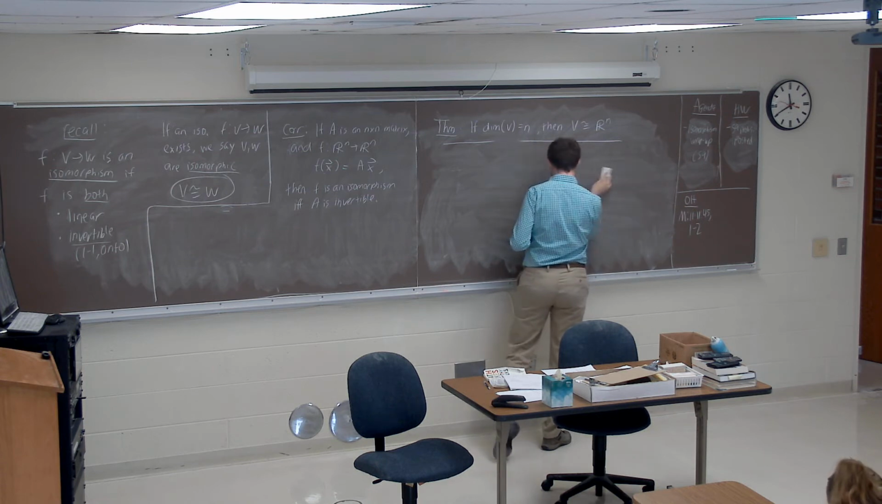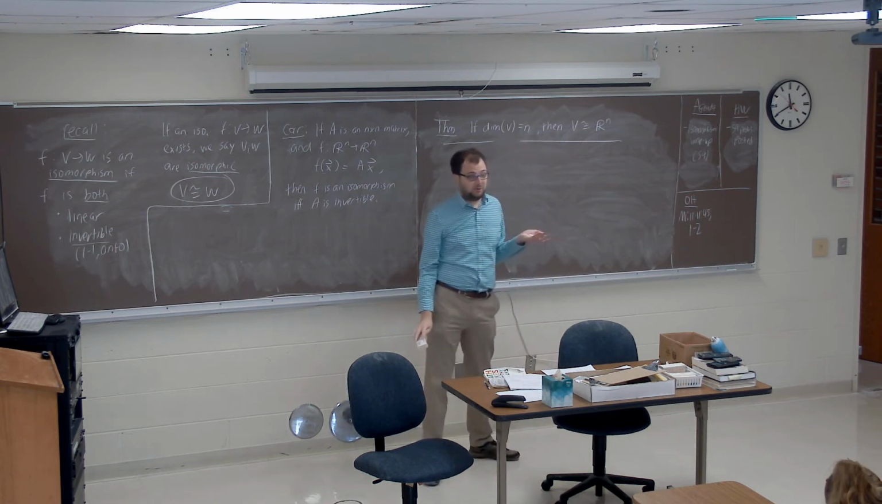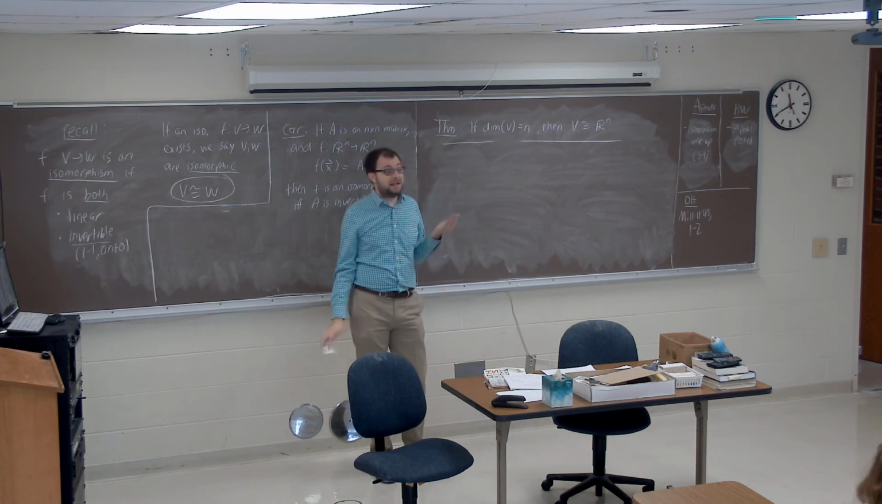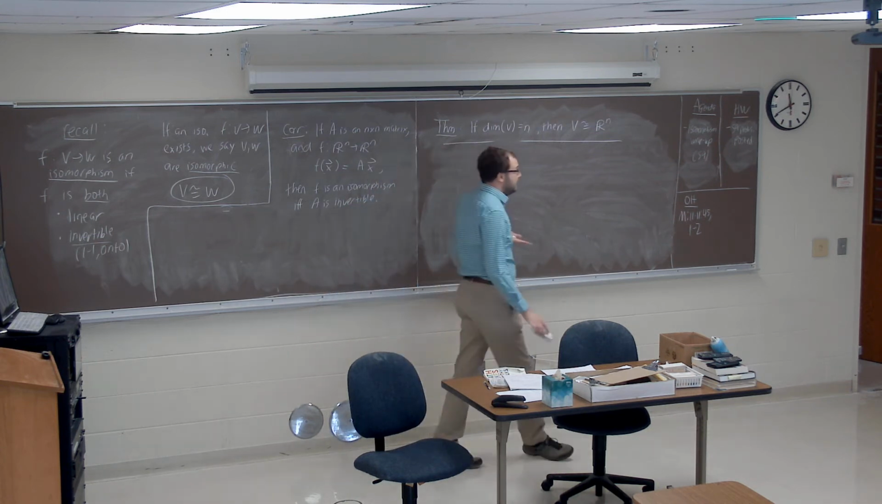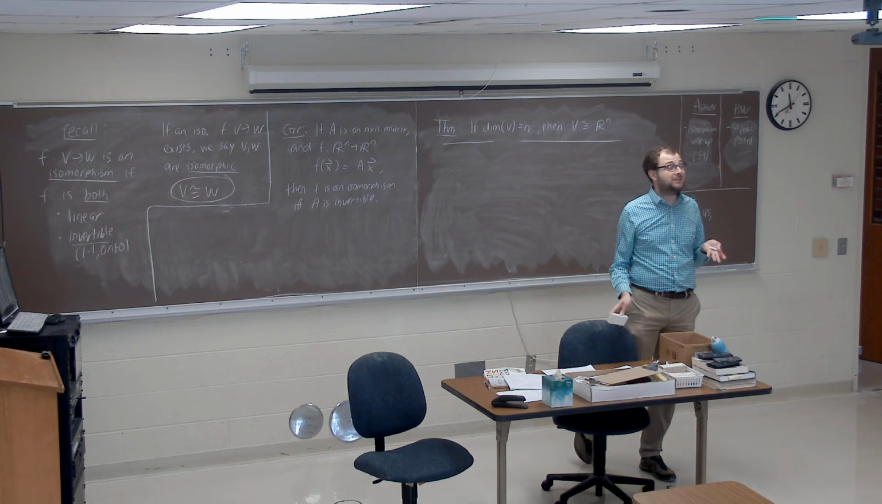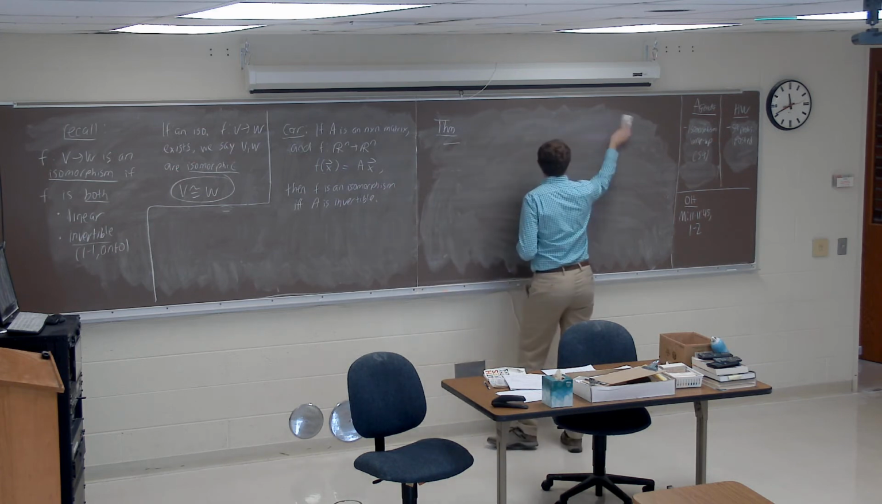So it turns out that this theorem that I just erased the proof of says that if you have an n-dimensional vector space, then it's isomorphic to Rn. But what you can also say is that if you have two vector spaces that have the same dimension n, then they have to be isomorphic to each other, and not just Rn. So